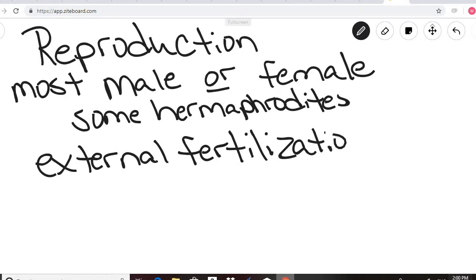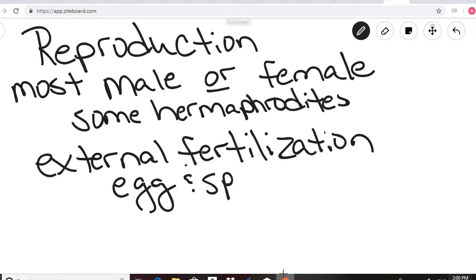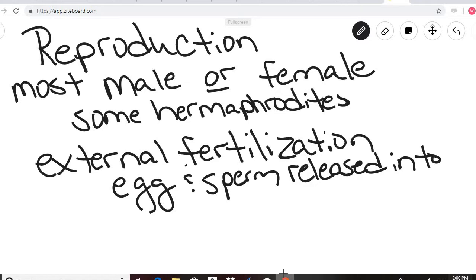So what that means is that the egg and sperm get released into the water. The males release sperm, the females release eggs, and then you hope that fertilization occurs. So most of the mollusks reproduce by external fertilization. However, the cephalopods